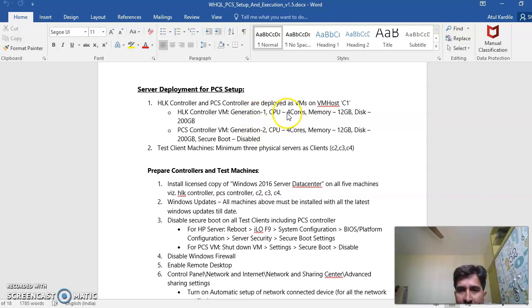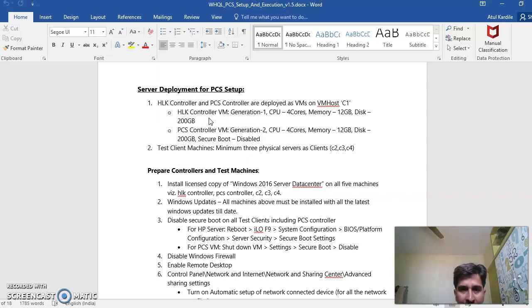They must have minimum 4 cores, minimum 12 GB RAM, and 200 GB disk space. These requirements are all from the minimum side.